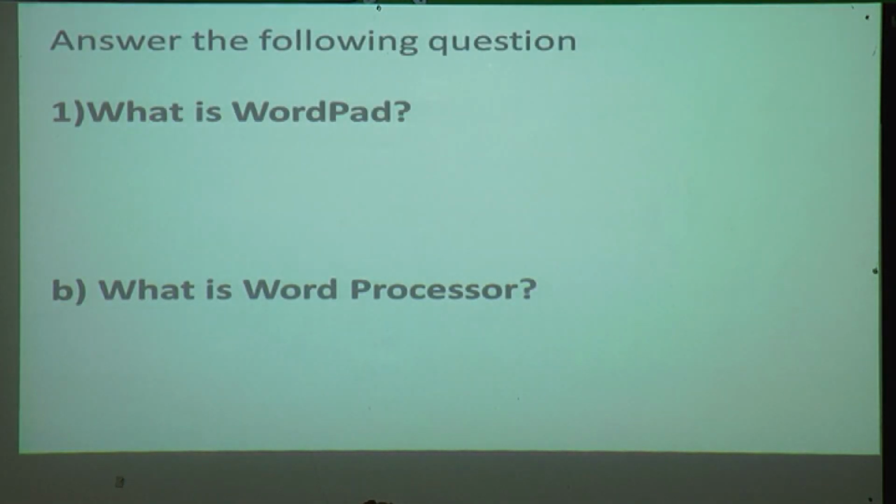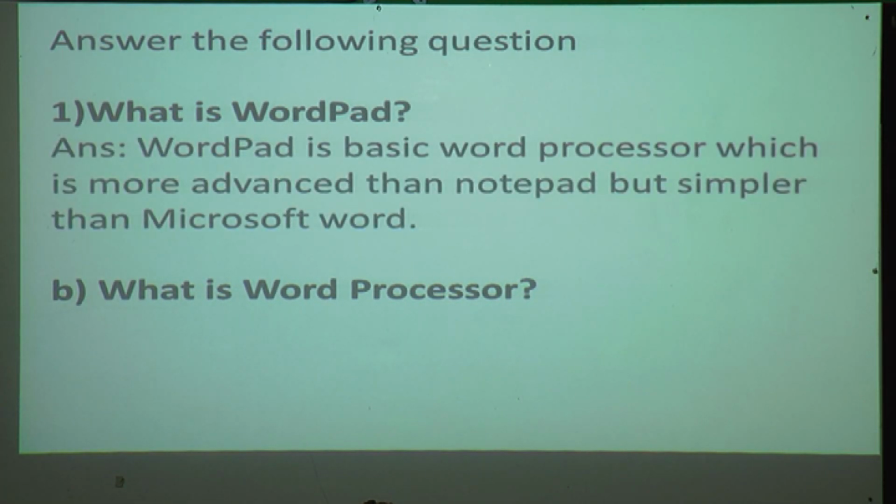Now, fifth one question. Answer the following questions. First one, what is WordPad? What is the definition of WordPad? Don't open your book. Give me answer fast. What is mean by WordPad? WordPad is the basic word processor which is more advanced than Notepad but simpler than Microsoft Word.